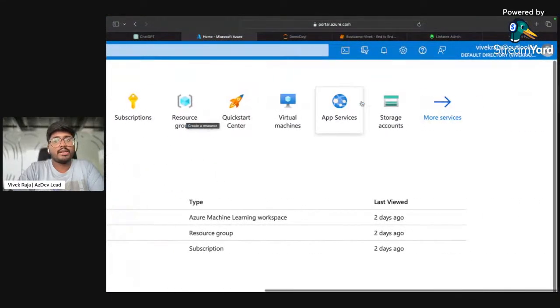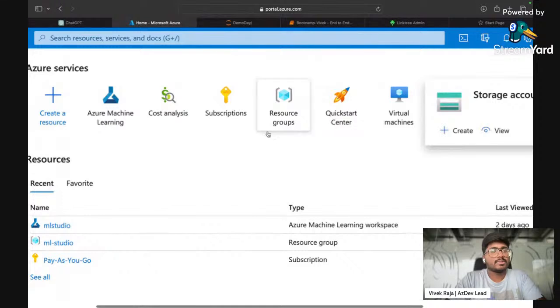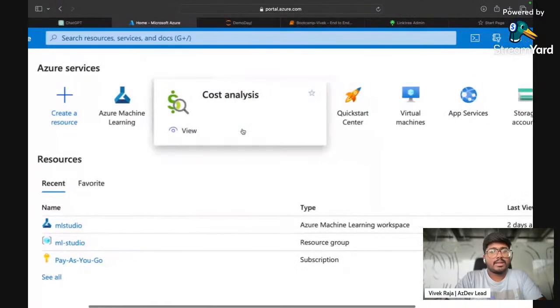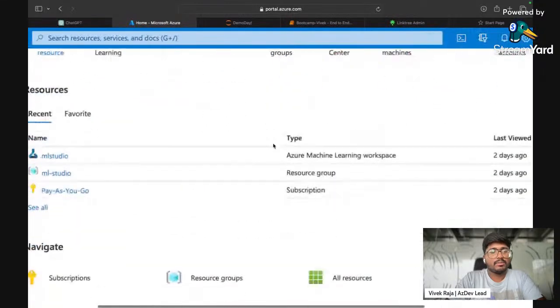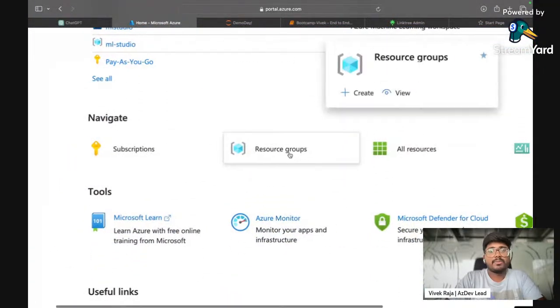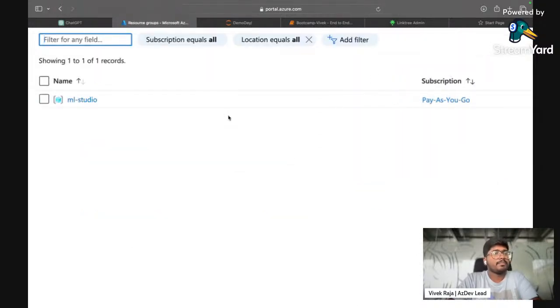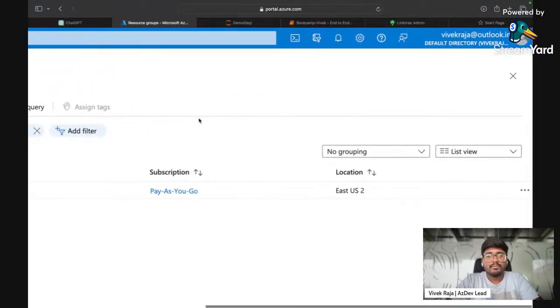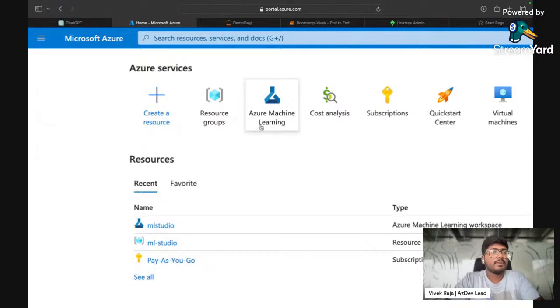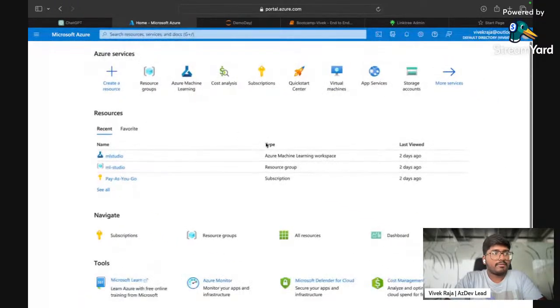Once you create an account, it looks something like this. These are the Azure services that you recently used. And we know what a subscription is and what a resource group is. It's logically contained. Let's see what is there, because I've already created a couple of resource groups for us for an easy demo. It's located in East US2. Cool. So shall we get started with machine learning right away?